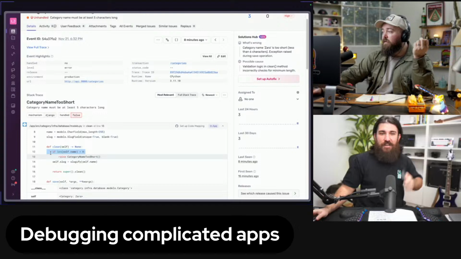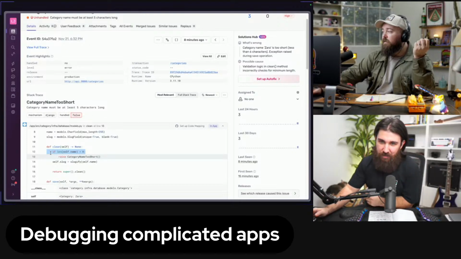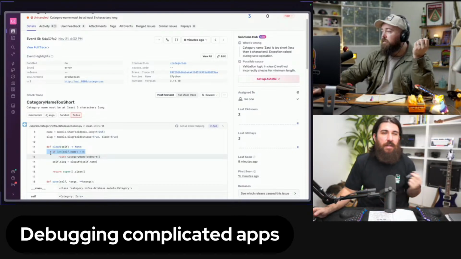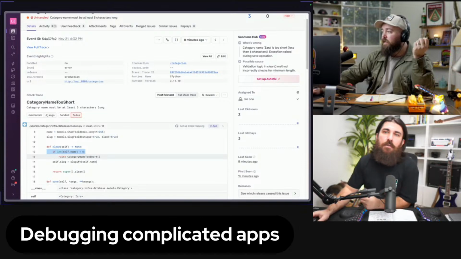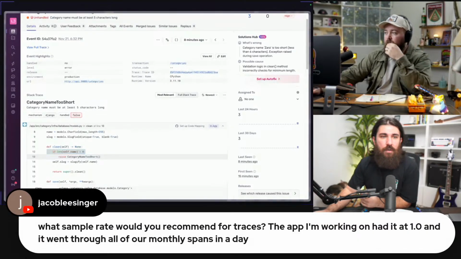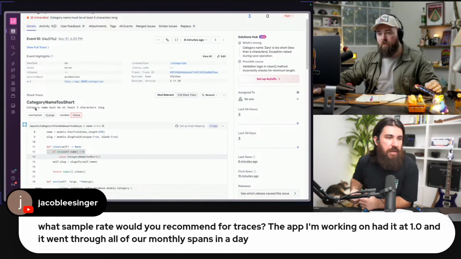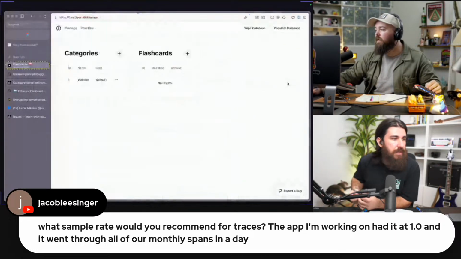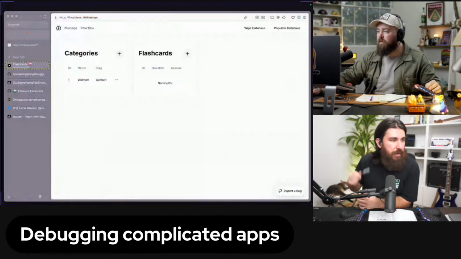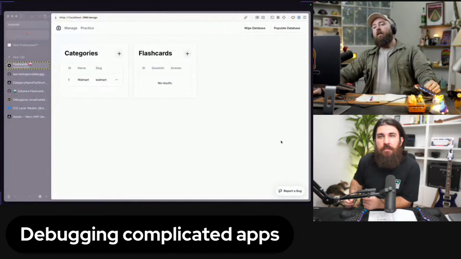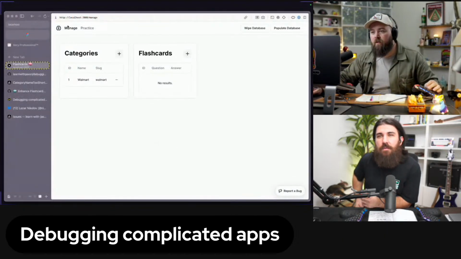Cool. We're gonna check out another error, and this is going to be a bit more complex. It's not an error, it's an issue. We already have the data for it. If you go and reload the /manage page in the demo, set the sample rate to, I would say, 15%, and then start going up based on your quota. I'm answering Jacob. Yeah, I saw that. So hit refresh and look at how it should load pretty slow, right?